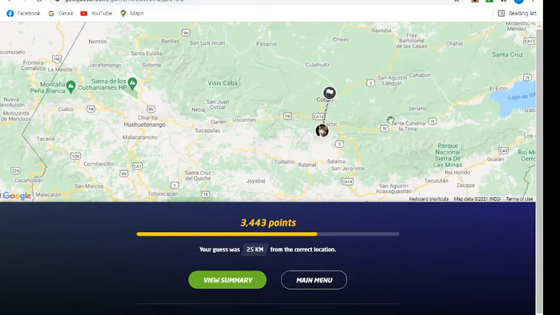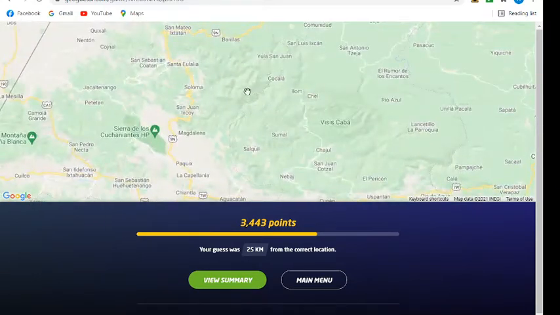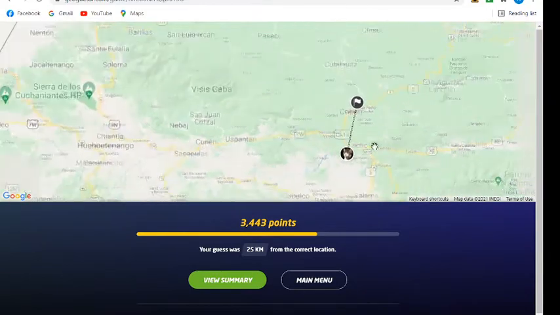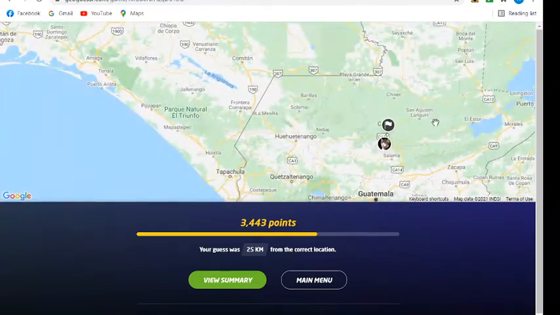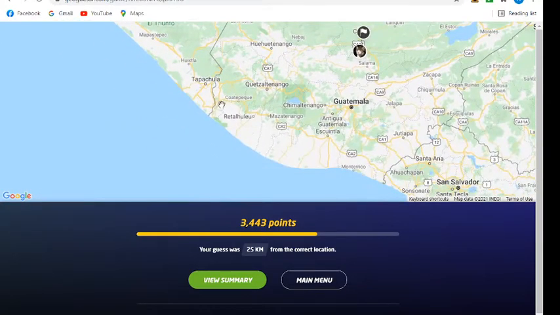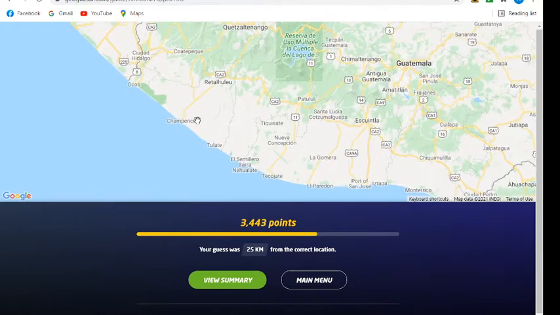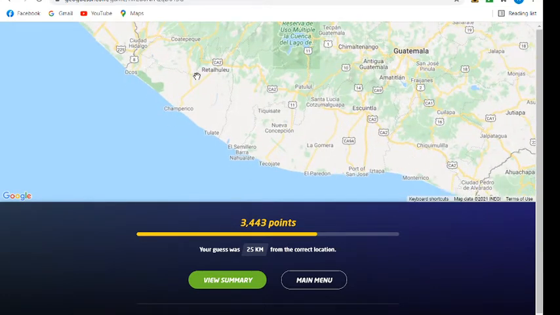And looking at the things on the map, how the hills look, I'm thinking that this is still hilly but not higher in elevation, and the Pacific coast is flat and mostly cleared for cultivation. And as I said, it tends to be a land of big estates with large industrial export crops like bananas and sugarcane. And I haven't seen oil palms, but I know that Guatemala does have quite a few of those,